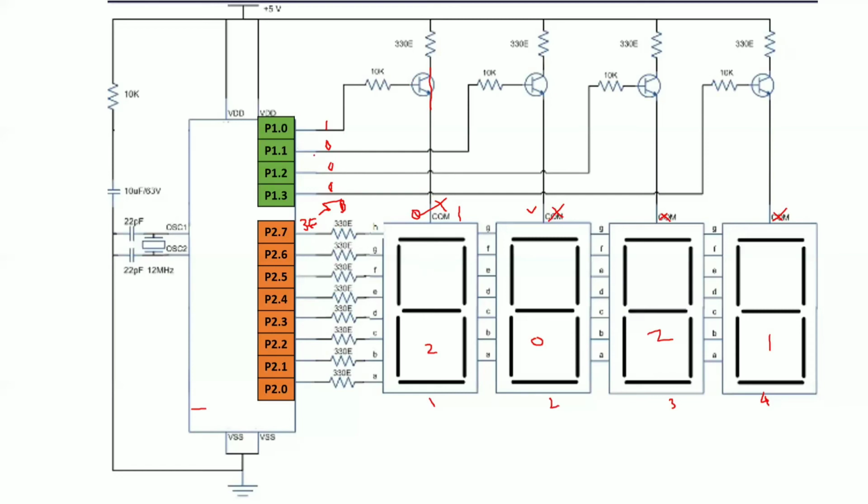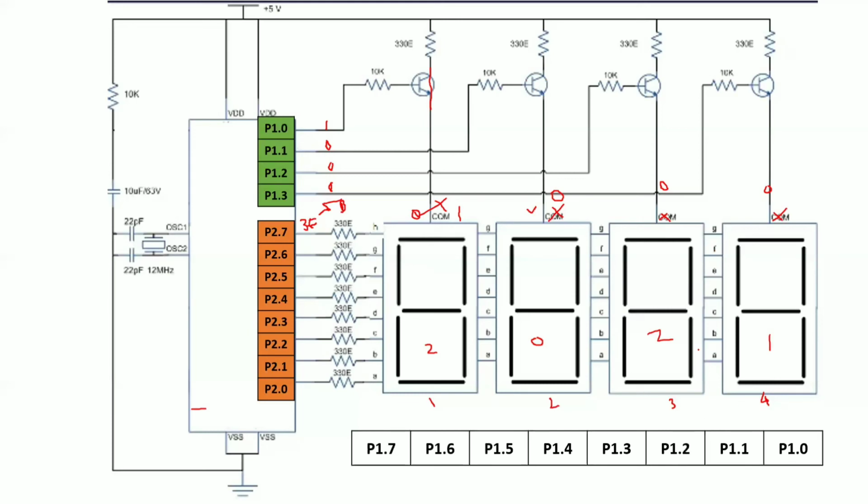Now what about the remaining displays? You send 0 here, so 0 means the transistor will be turned off, which means you will get 0. Again 0 here, again 0 here. Whenever I get 0 to these displays, it means these displays are disabled. Understood, right? Now this is your port 1.